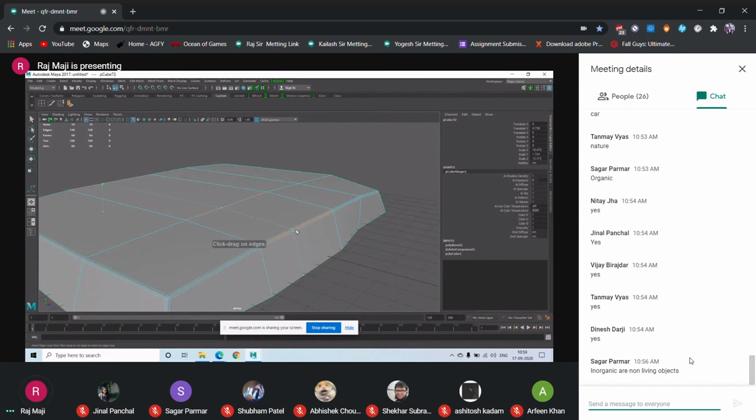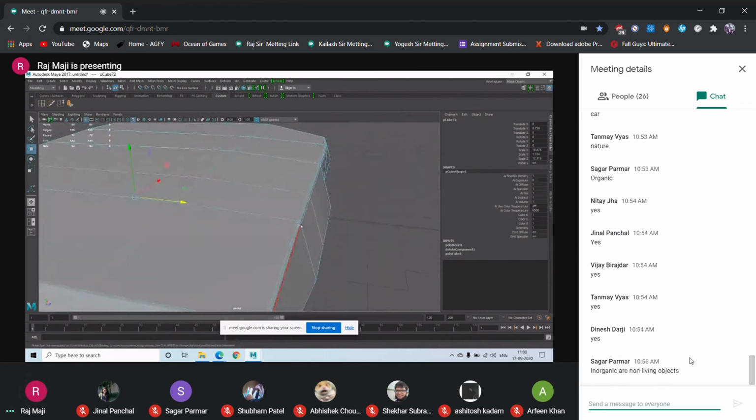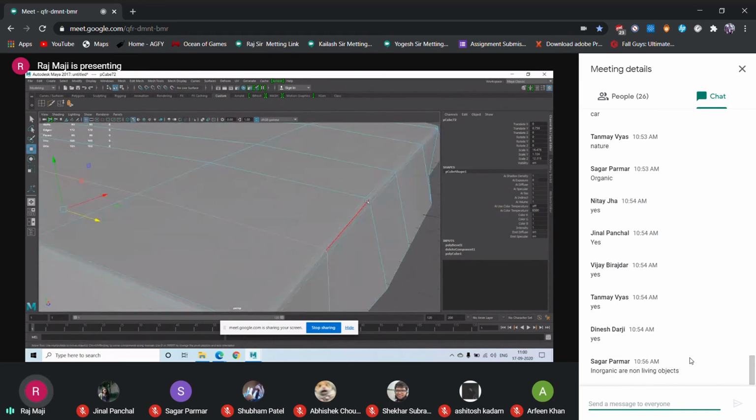I'm taking another loop, and in this area I need to lock it basically. So over here also I'm taking another loop, and in between, just check it very carefully. This area.